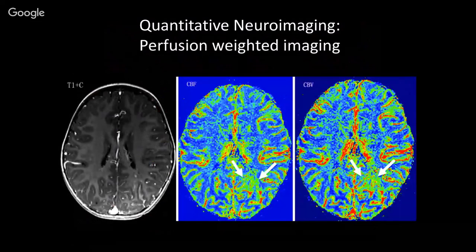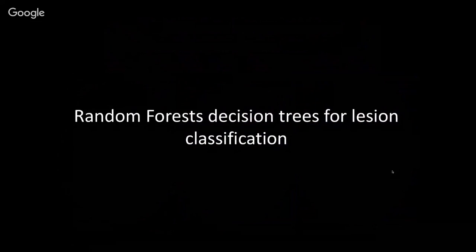Another approach that is both used clinically and also can be used in a more advanced way as well is perfusion-weighted imaging. And this basically involves either injection of contrast and watching that contrast load move through the brain to understand the way in which blood moves through the brain, both the volume of flow and also the perfusion at more of a capillary level. So this is an approach that's currently used clinically, but again, there's a wealth of information that is available for mining for more advanced measures.